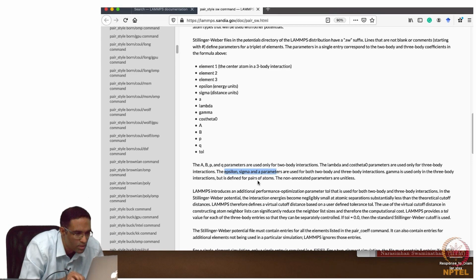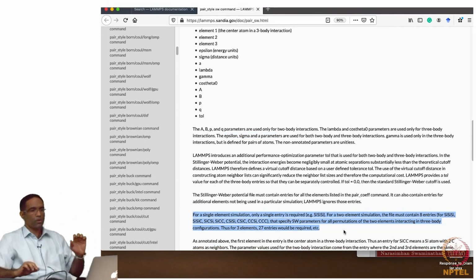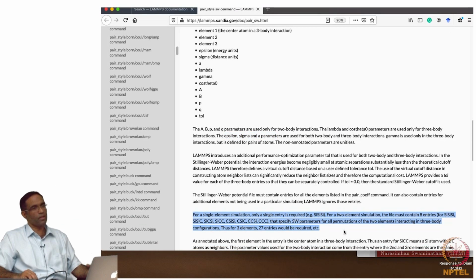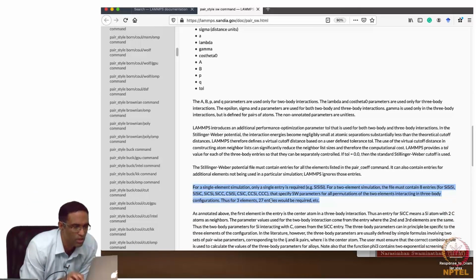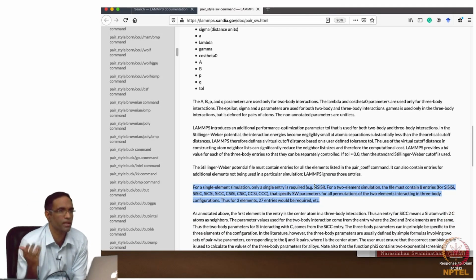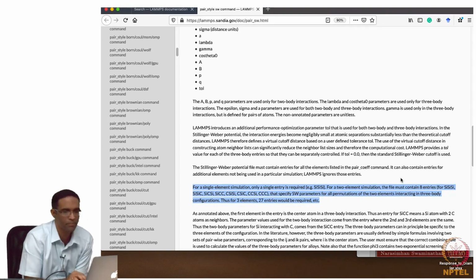So the most important thing is this sentence right here. While it is specified in a very concise manner, you really have to think about it when you are actually setting up your interatomic potential file. For a single element simulation, you need to give only Si, right? It's not very complicated. However, if your simulation contains 2 elements, say for example silicon carbide, then